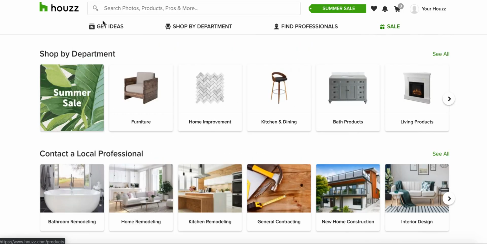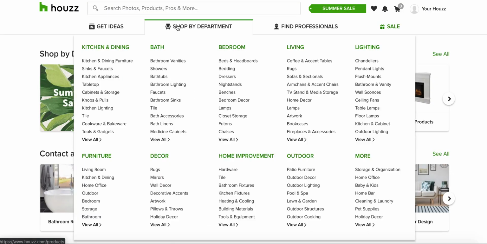Hows is just in the home, but then just in the home, if you go under their shop by department section, you can see that there's tons of categories in the home. Going from home down one category would be going to kitchen and dining, bath, bedroom, living, lighting. These are kind of broad categories, kitchen and dining, because they take up a lot of different categories within them. And then if you go down within those, then you'll start getting into product categories, but you might not even get into a direct product category quite yet. And I'll explain that a little bit here too.